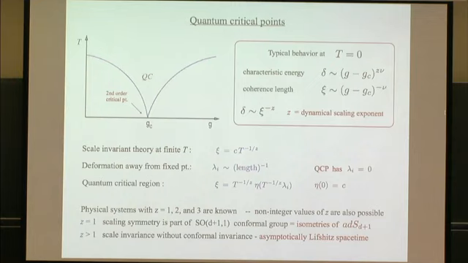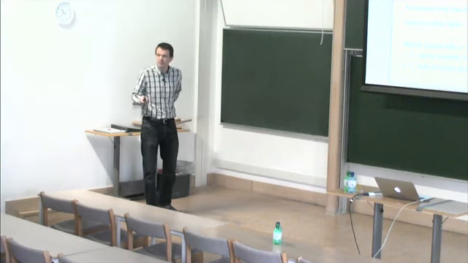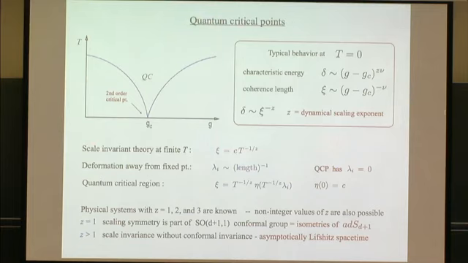Okay, so what I'm going to focus on are quantum critical points. So let me just remind you a few things about them. These occur in systems where you can vary some control parameter. It can be the strength of a coupling, it can be magnetic field, external pressure, where the ground state of your system undergoes a qualitative change. The ordering in your ground state will change, and